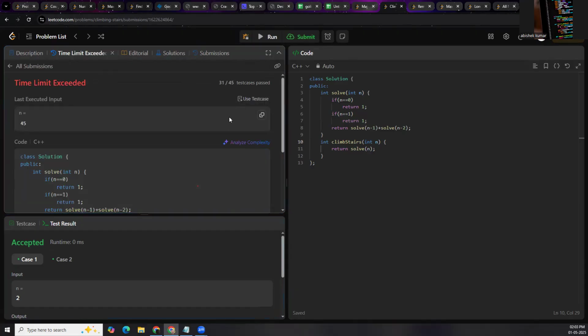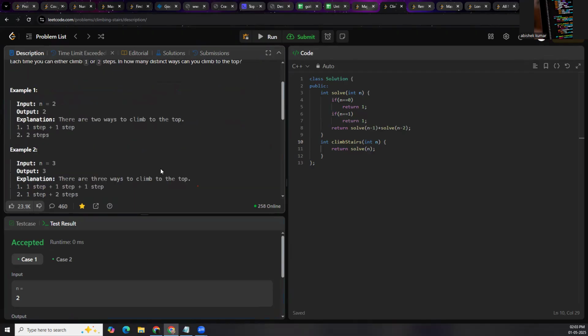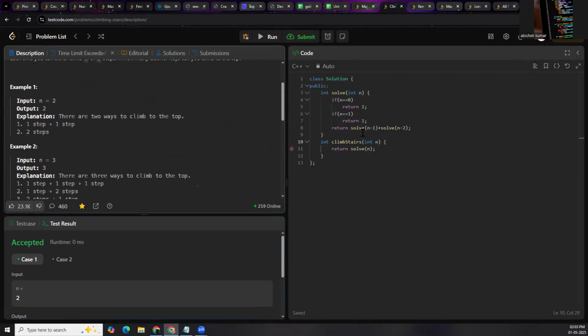Yeah, so we can see that we got TLE. Okay, so why did we get TLE? How can we reduce this? Okay, so if we see the scenario,